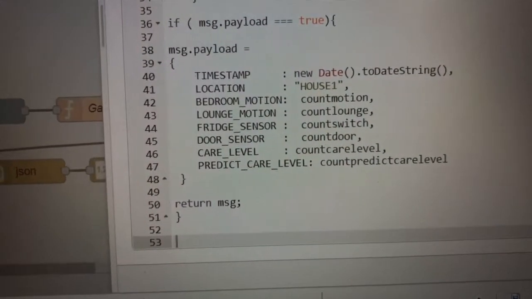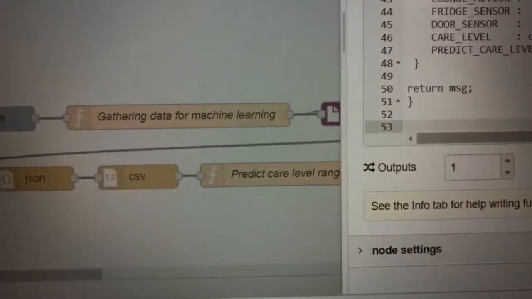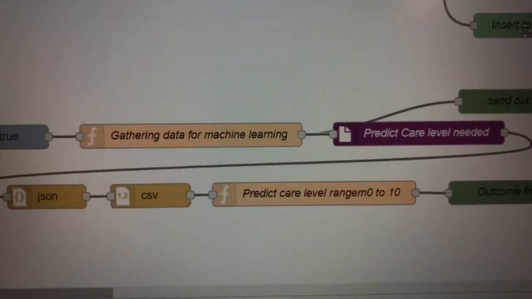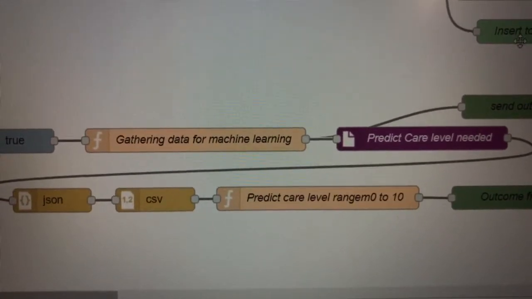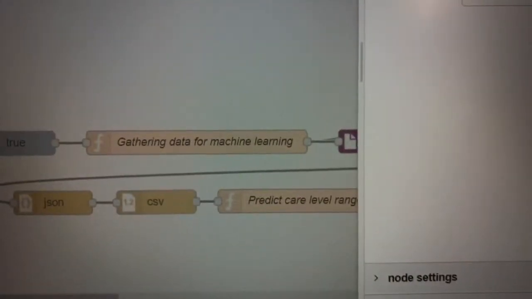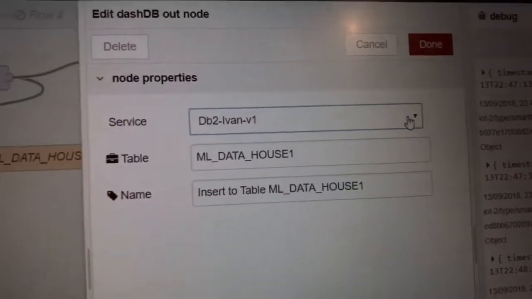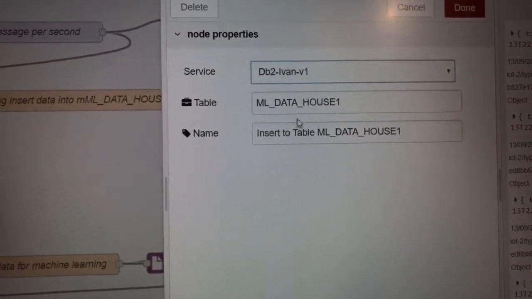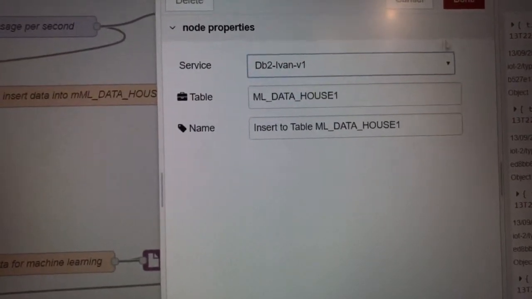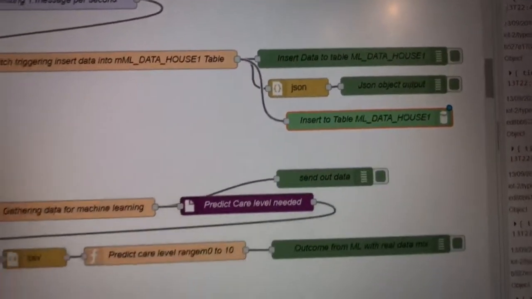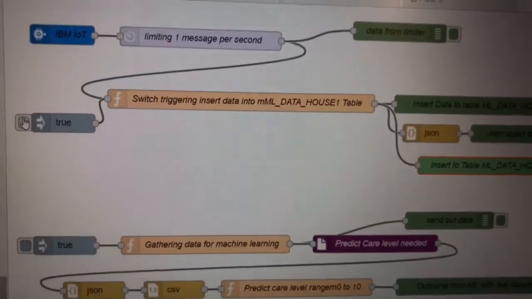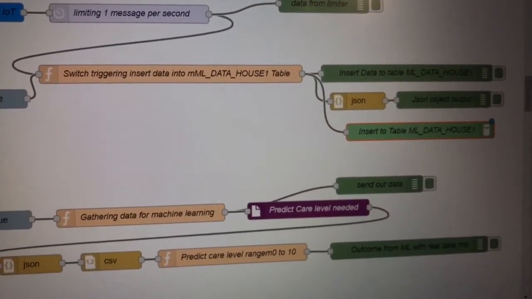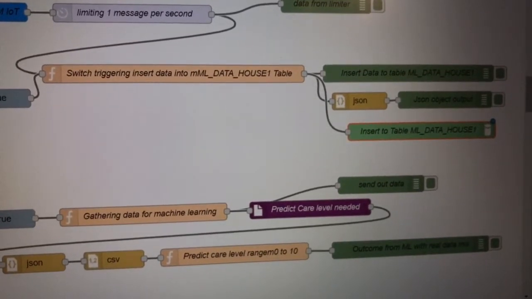All the data is stored in the flow, and then I pass it up to the database I created. It's called ML data house 1, and then it is stored in the database. So at 12 o'clock each day, or a fixed time each day, a trigger is sent